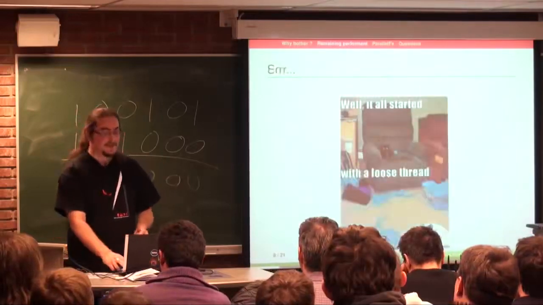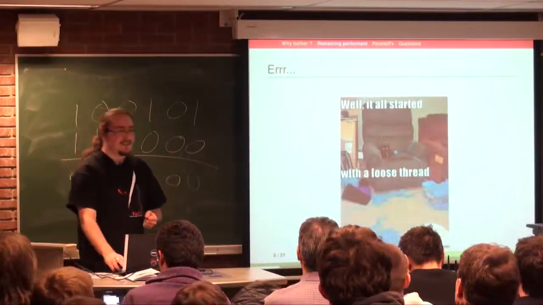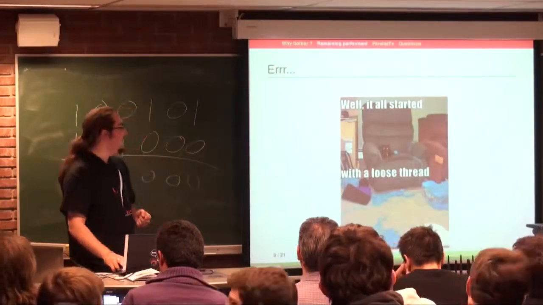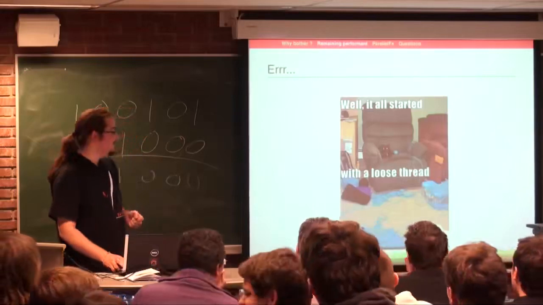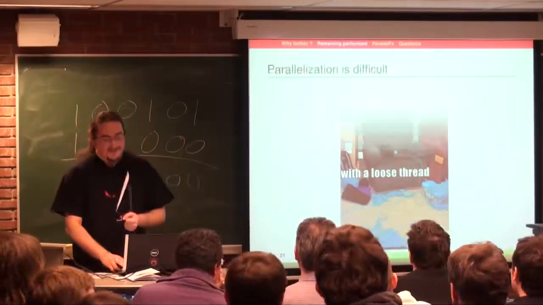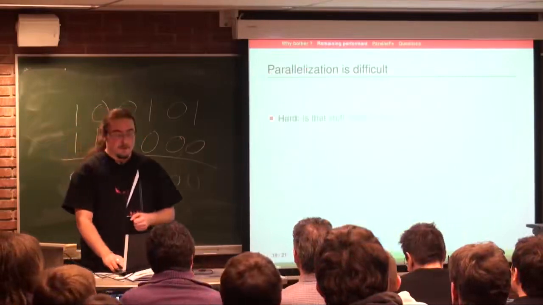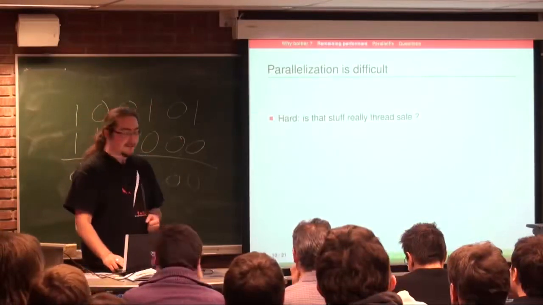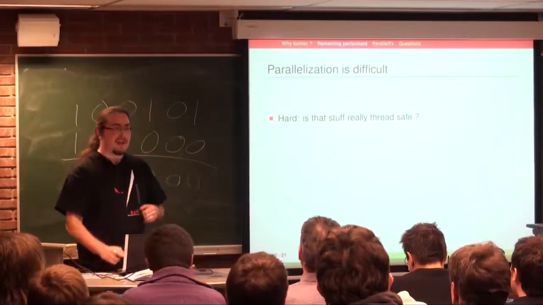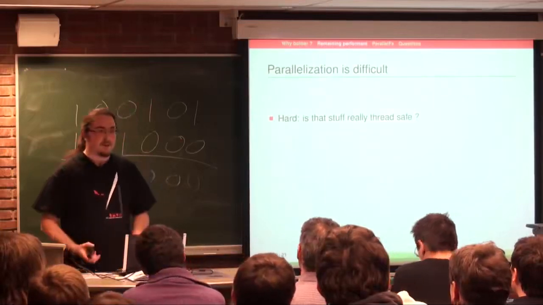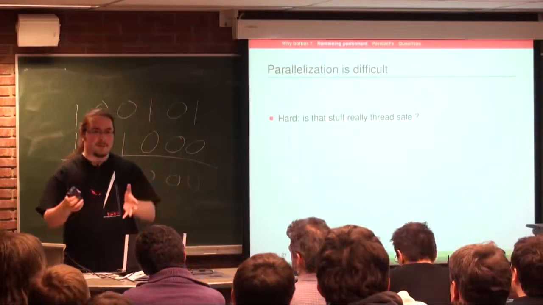But as you can suppose, it's not really that easy. As you can see, even a cat has problems doing multi-threading code. So yeah, the truth is that parallelization is a difficult thing. It's hard. As Alan said, you have to manage your threads, you have to manage your locks, you have to be careful. Is that part of the code